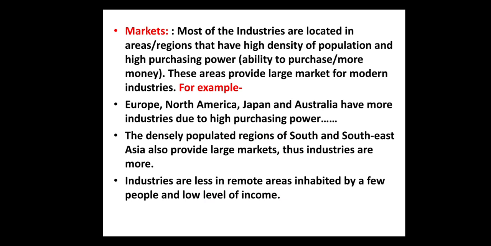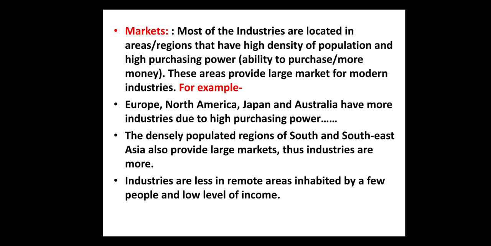Below we have two examples: areas such as European countries, North American countries, Japan, and Australia. In these regions we have a larger number of industries. There are many reasons, but the most important reason is that people in these regions have high purchasing power. These countries have people with a higher standard of living and more money, and more money means people will purchase more goods. That is one reason. Next are the highly densely populated regions of